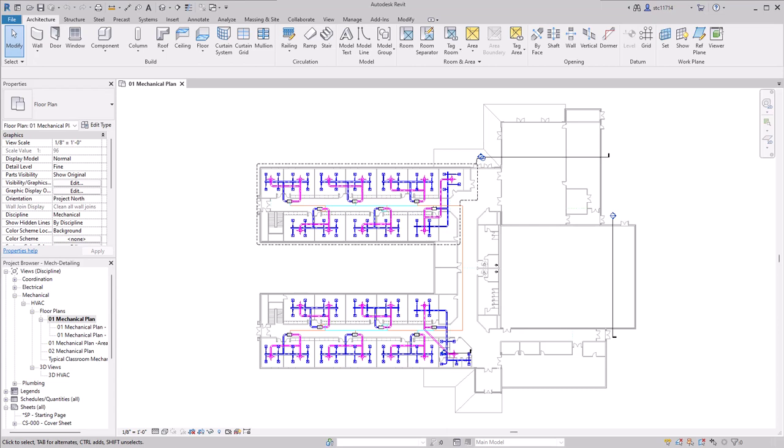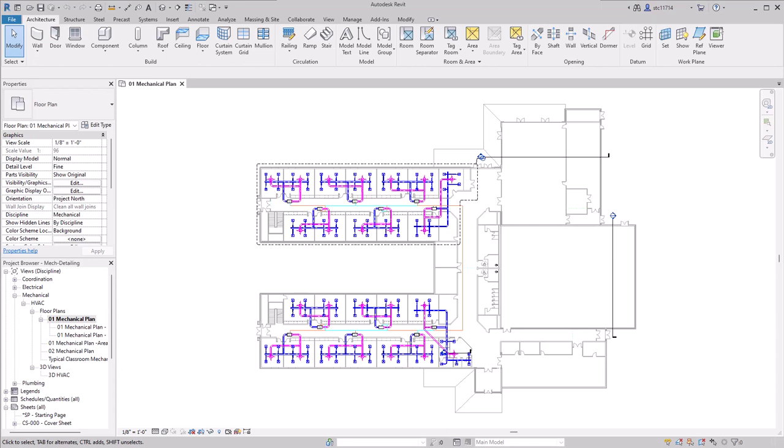In this video, we're going to take a look at the creation of MEP detail views in Autodesk Revit. A detail view is often something that has to be drafted, much like you would in AutoCAD. It has to be sketched out. We can use some components to help fill it out, but often it's not actually taken from the model. It's just completely drawn. So that's what we're going to do here.